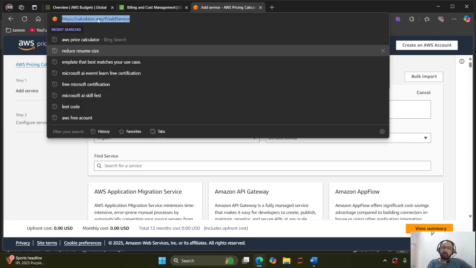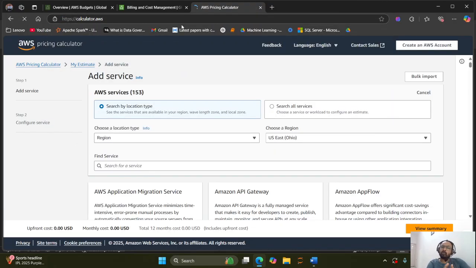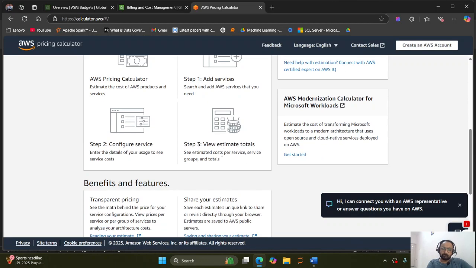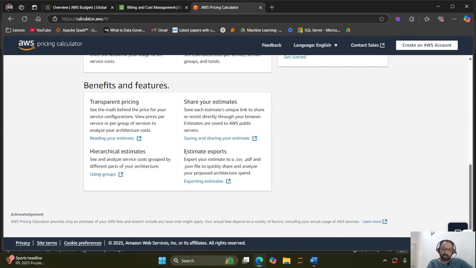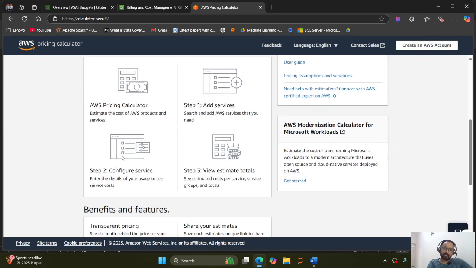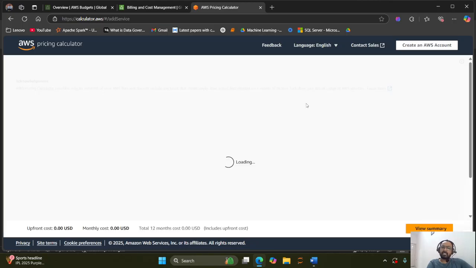So calculator.aws is a website which helps you to calculate the cost, or create an estimation if you are planning to use AWS services. We would be able to create the estimations and share them with others. I'll show you that in the same video. If you reach this website, it will itself tell you what steps you have to do, but we will learn that directly. So if you click on create estimate,